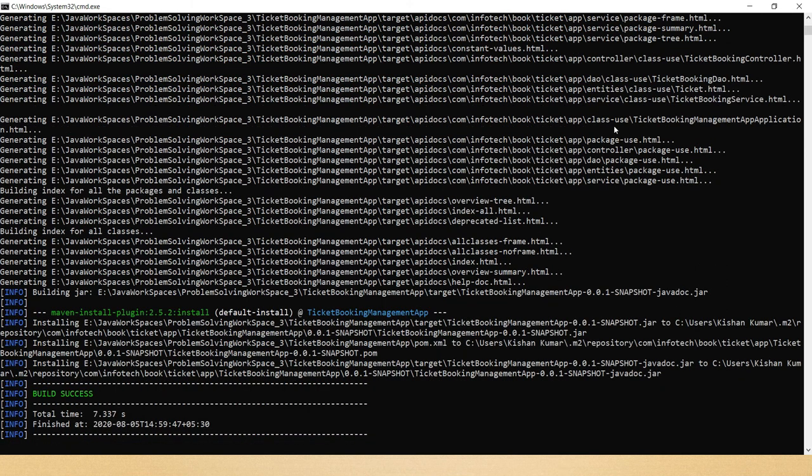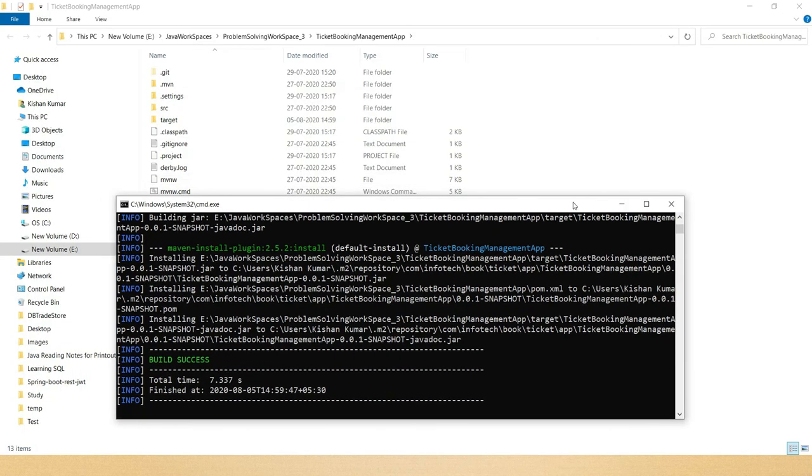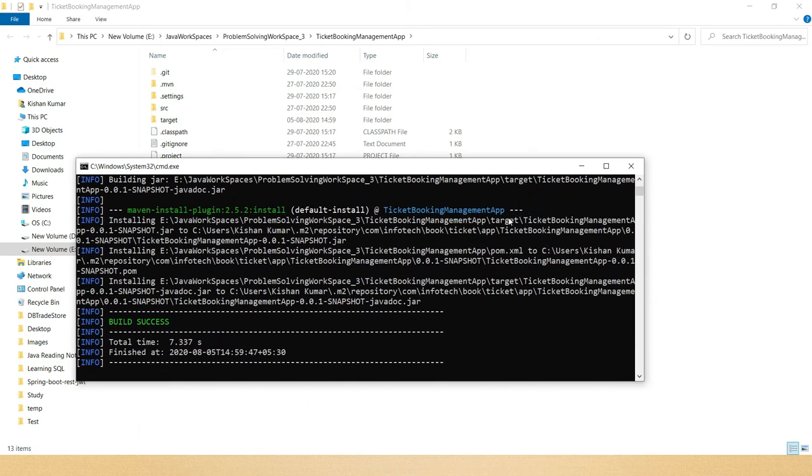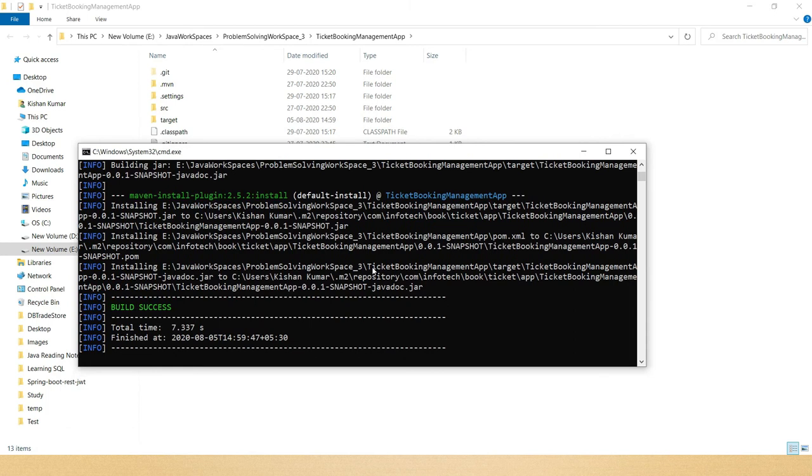If you run your application for the first time, then most of the dependencies get downloaded from the central Maven repository, right? Which is located remotely, right? And for that, of course, you need an internet connection. But this project I had already built earlier, so all the dependencies were downloaded from the central repository and are already available in the local repository. That is nothing but our user name .m2 directory, right? Now I have to go here.